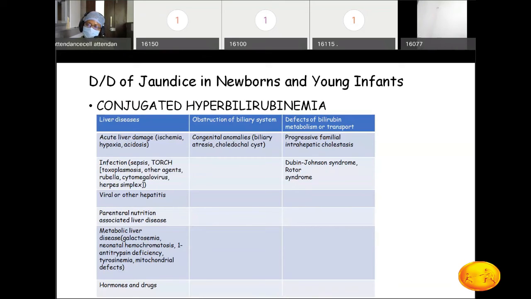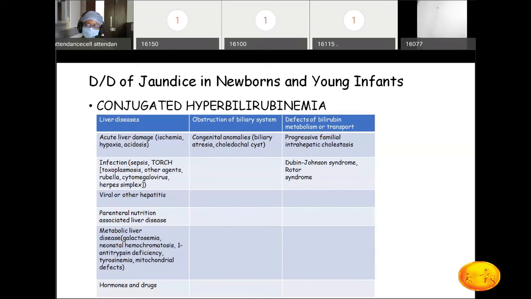And some of them, if you detect early, they really do well. They've got some palliative or definitive care available if you detect them early. So though an uncommon cause, if you detect them early, you might be able to help the babies and the parents of these babies. So one cause of defect of bilirubin transport is PFIC.